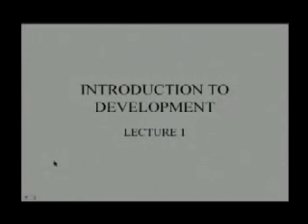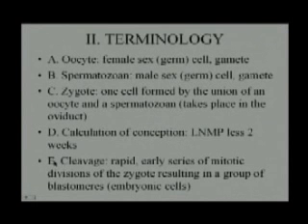When it comes to discussions of human development, there are several terms that are often used. Oocyte is the female germ or sex cell that is produced in the ovaries. When the oocyte has matured, it may be called a secondary oocyte or matured oocyte. Spermatozoon, the plural sperm, refers to the male germ cell which is produced in the testes. Several sperm are expelled from the male urethra during ejaculation.